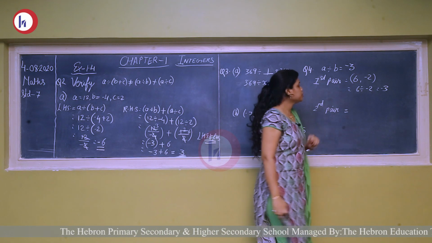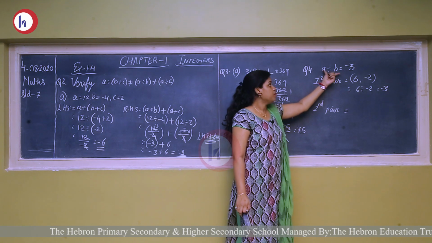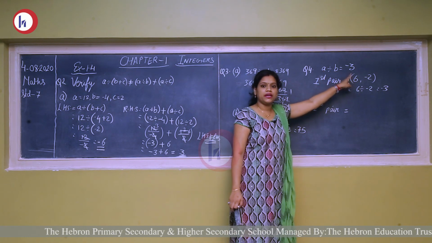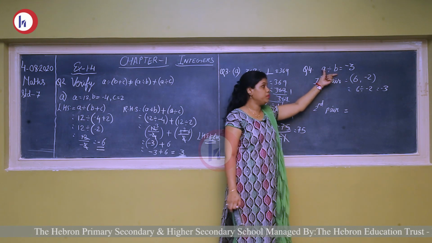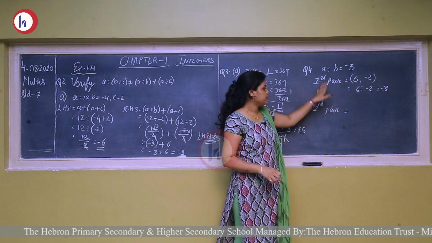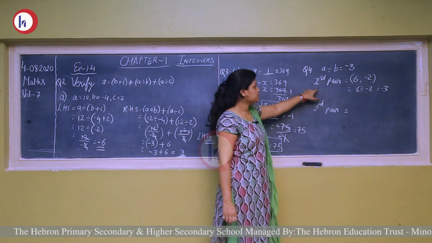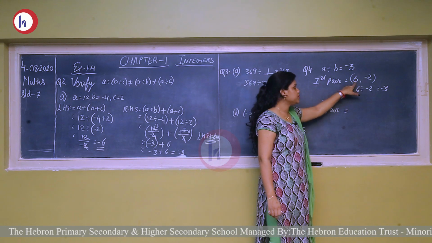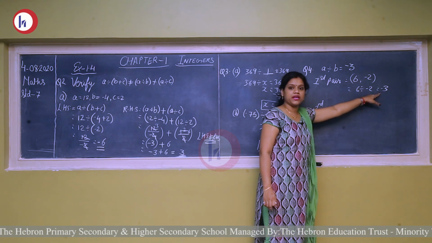Okay. Coming to question number 4. Now question number 4 is telling that when you divide A by B, your answer should be minus 3. That means your answer is fixed at minus 3, but your A and B values you have to keep taking different numbers and find different pairs where you will get the answer as minus 3. So for this, the first pair is given to you. If you divide 6 by minus 2, it is going to give you minus 3.